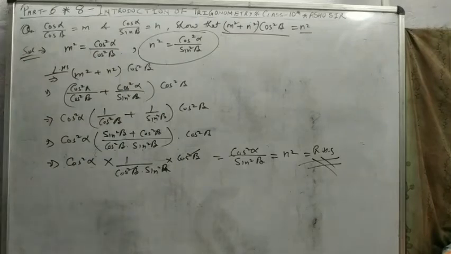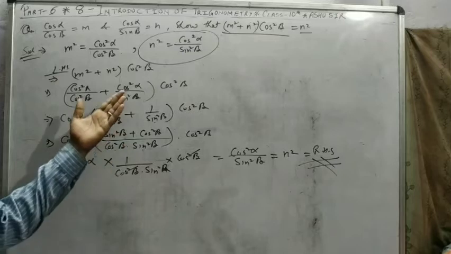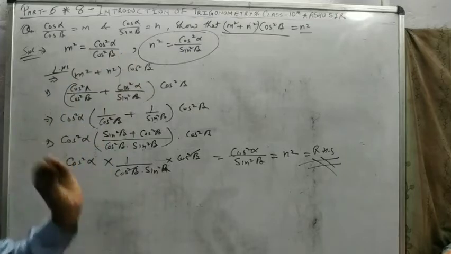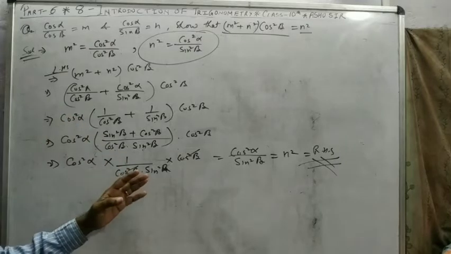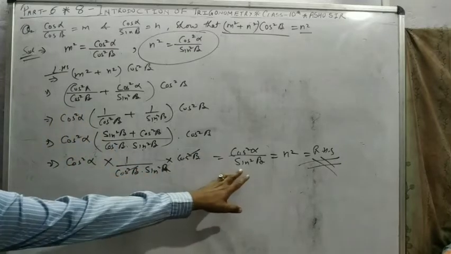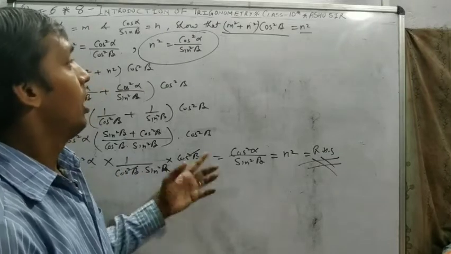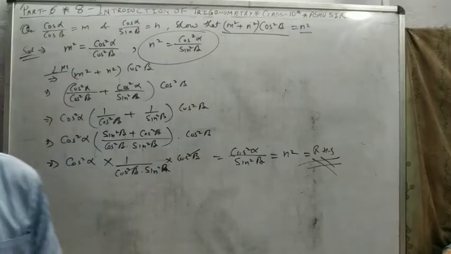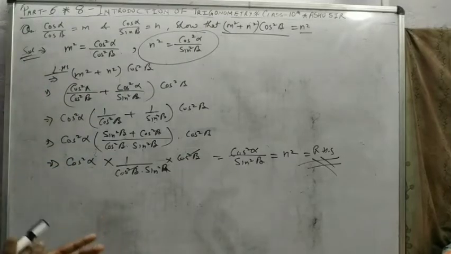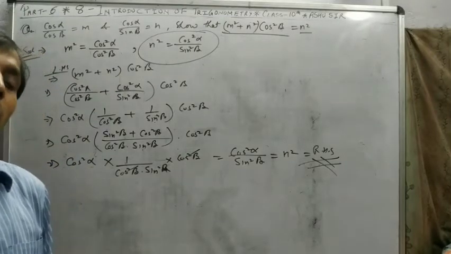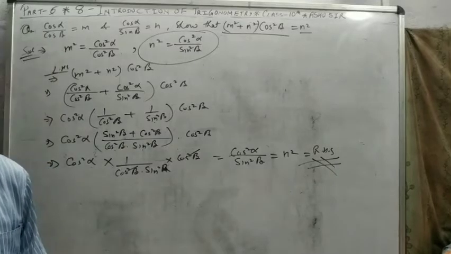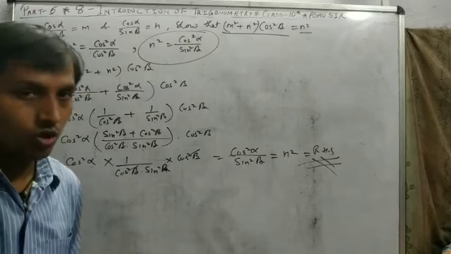I hope you have no doubts about solving this. We only put the values of m and n in LHS and solve it, and we get the simplified form, that is RHS. So pause the video and note down, and try to solve trigonometry better, because these are all identities, and when you solve identities, you can understand the process of solving. Note down.